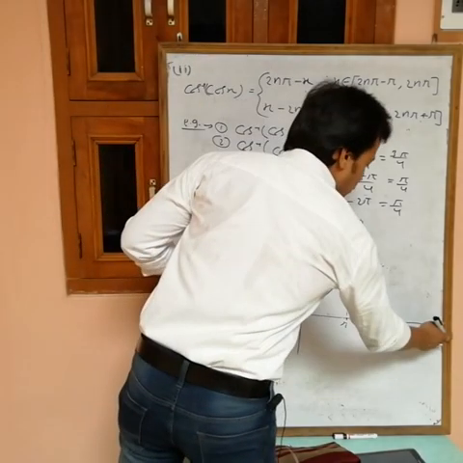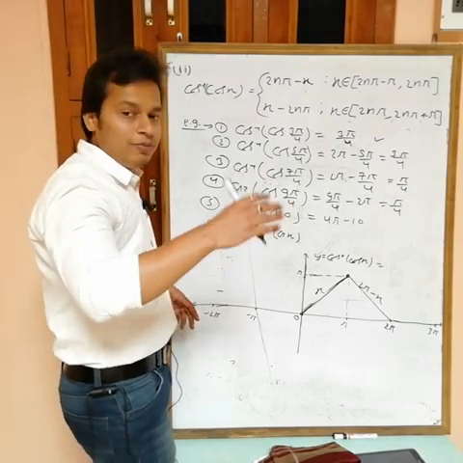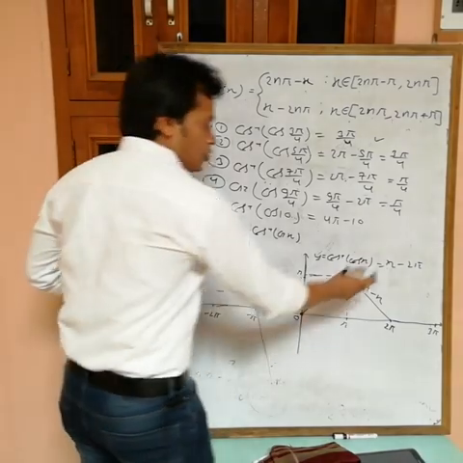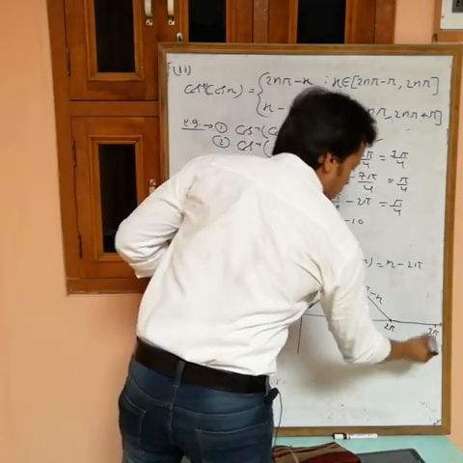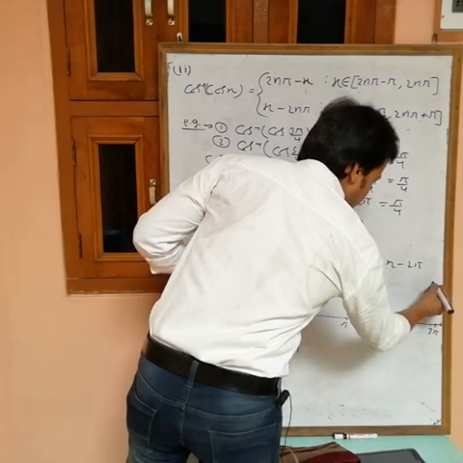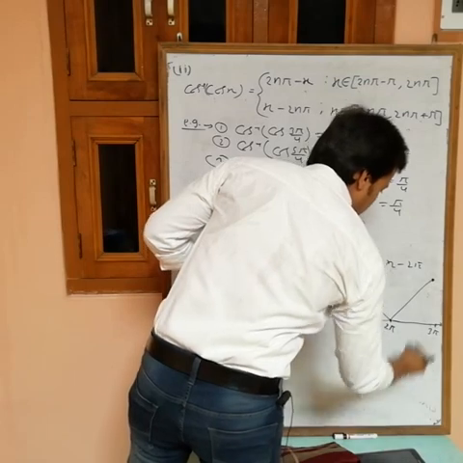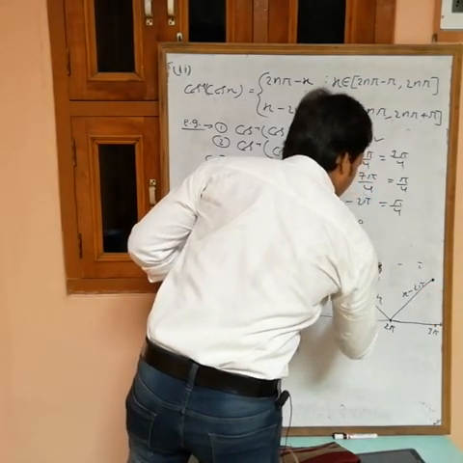When x is from 2 pi to 3 pi, now x is greater than 2 pi. If x is greater than the even multiple of pi, 2 pi, then the answer is x minus 2 pi. Now put 2 pi, we get 0. Now put 3 pi, 3 pi minus 2 pi is pi. This one. And the graph of this one is x minus 2 pi. The equation is x minus 2 pi.